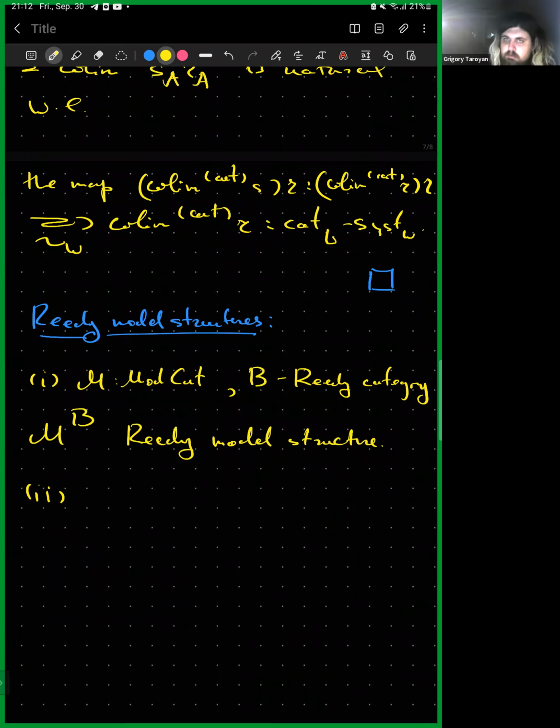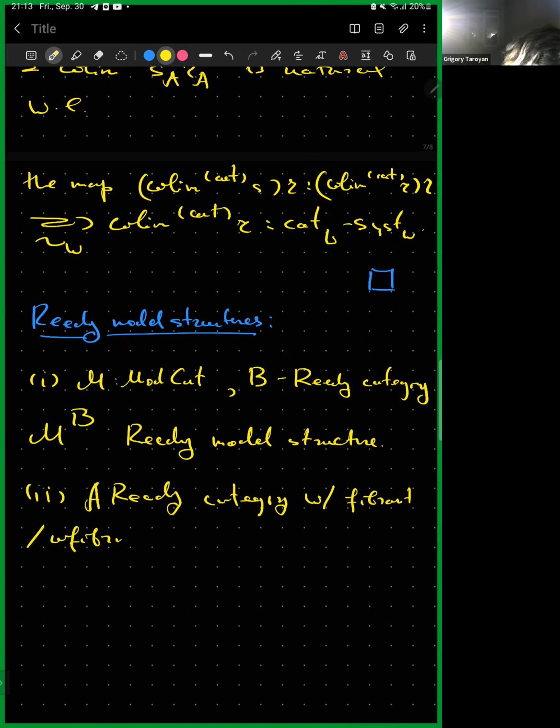Then we'll discuss a special case of a Reedy category with fibrant or cofibrant constants, which means that a Reedy category with fibrant constants is a Reedy category